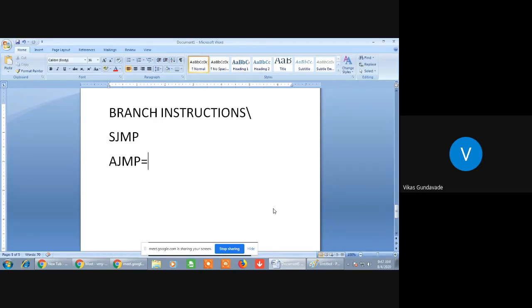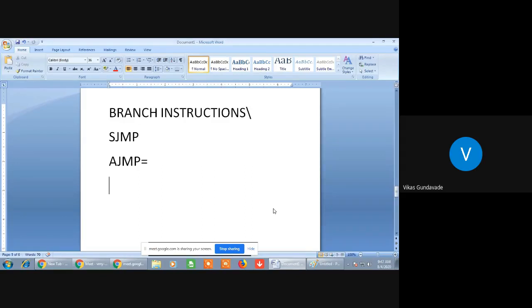Here the range of the jump is more as compared to the short jump, and it will jump within 4K of RAM. So that means within a span larger than the short jump, this jump will take place.